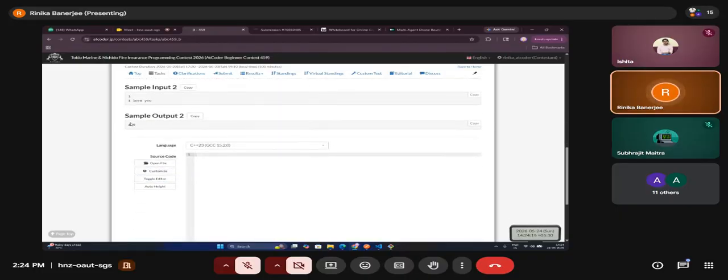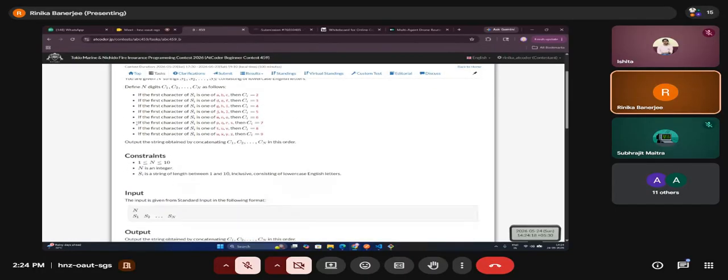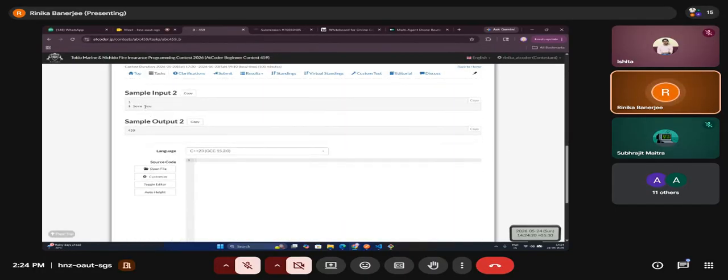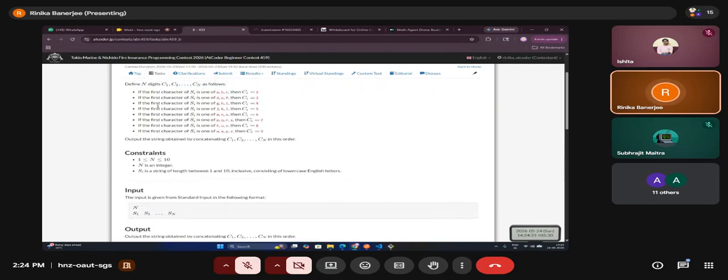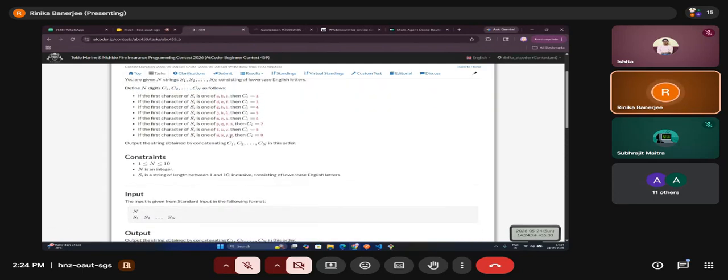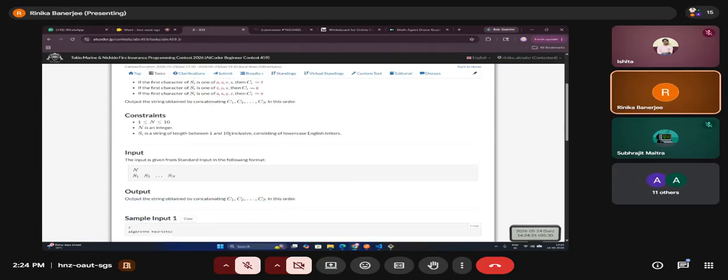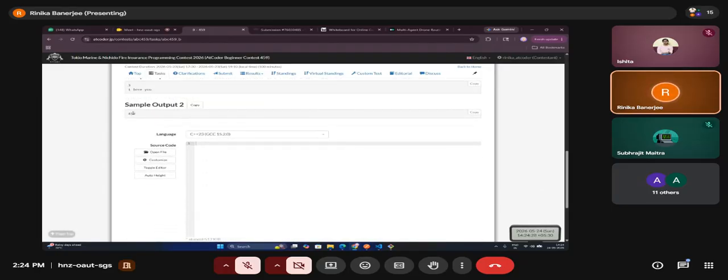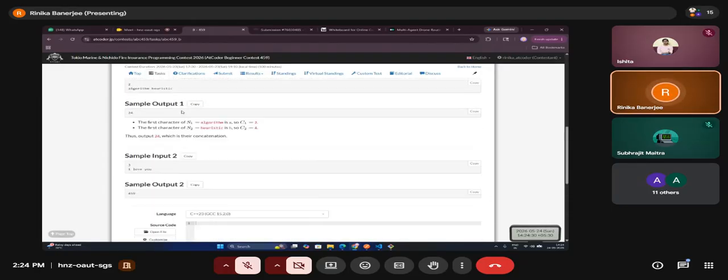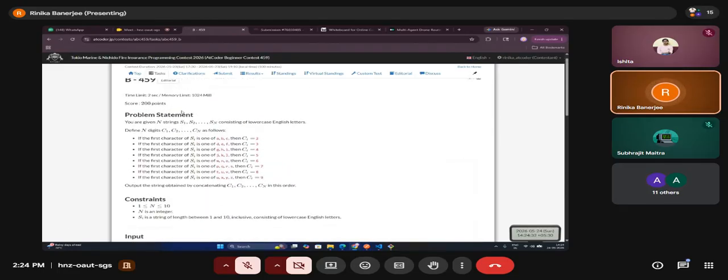So we append 5 after 4. Then the third string is you, whose first character is Y, and for Y we need to append 9. So we are outputting 459. This is very easy. We just do whatever the question states and the answer will be there.